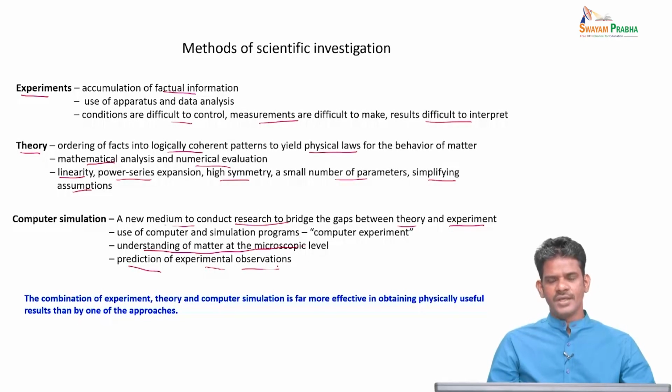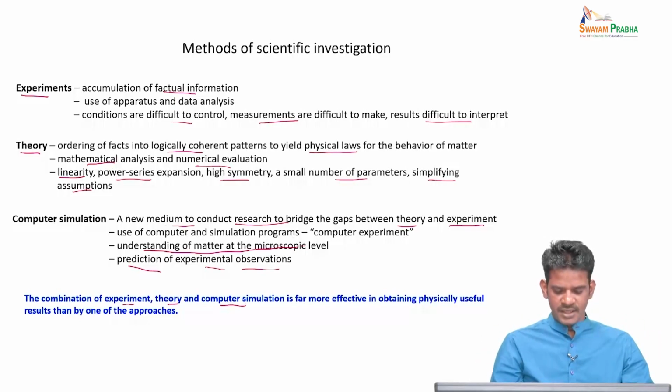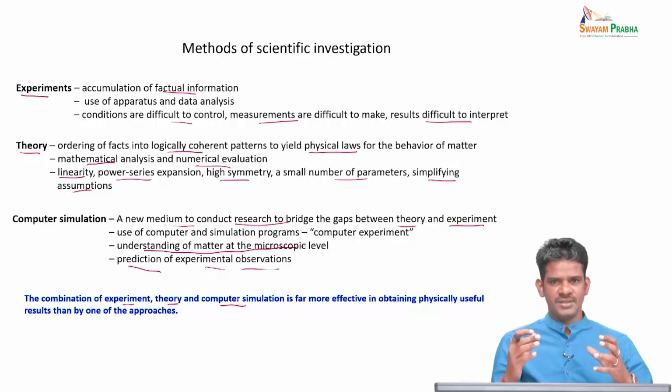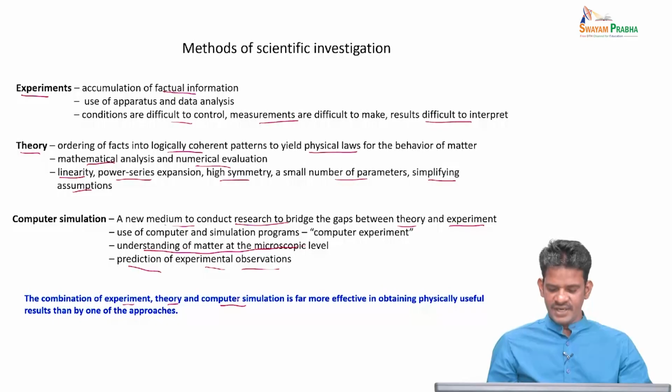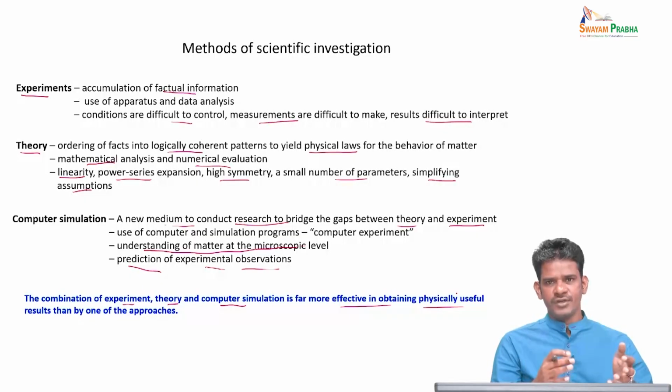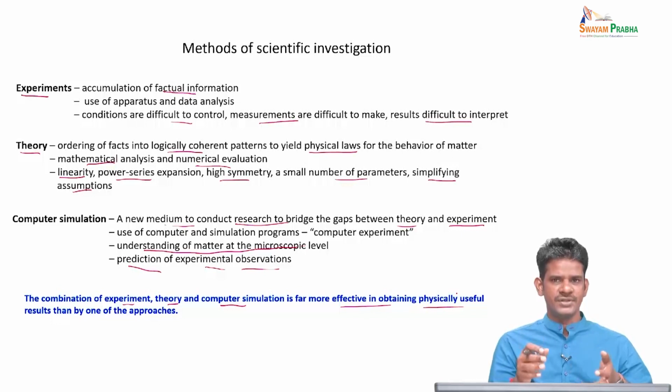So in other words, you can think of a combination of experiment, theory and computer simulations. When you have a system investigated by all these three methods, we can hope to get a far more effective understanding of physically useful results and phenomena than by doing just one of them or a pair of them. If you look at many of the research articles that are coming up in recent times, you will see a combination of experiment, theory and simulation all giving their own understanding to the same problem. So that is the scope of doing computer simulations